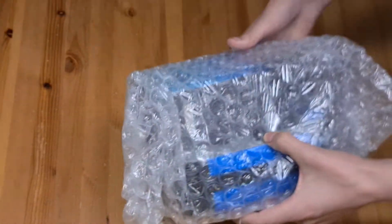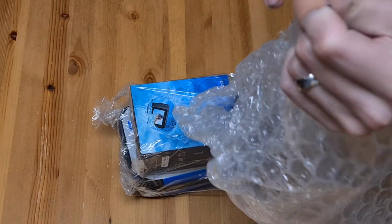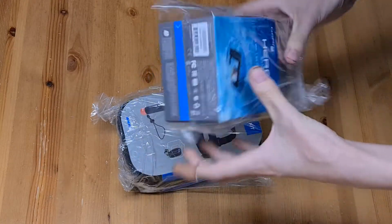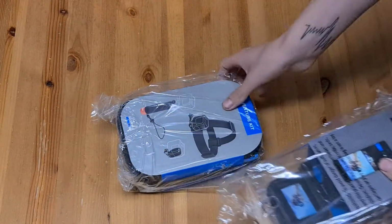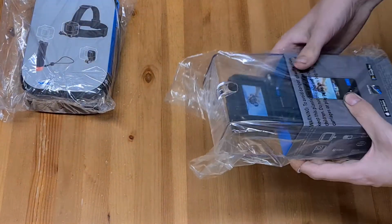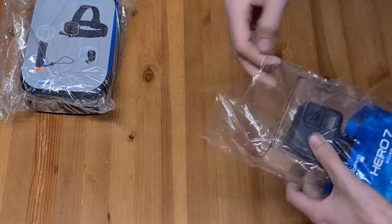Nicely protected. That's it. Gotta have a couple. So satisfying. So, get into this. I got the adventure kit as well, which we'll unbox in a separate video. So,